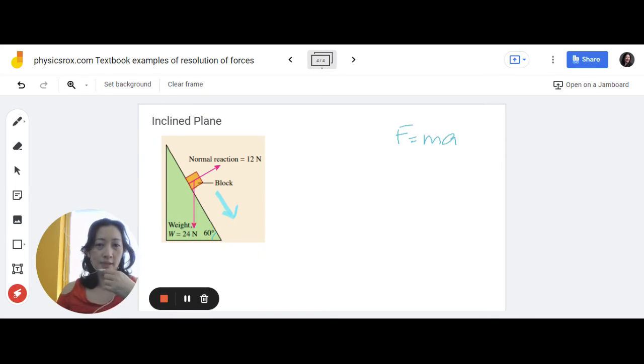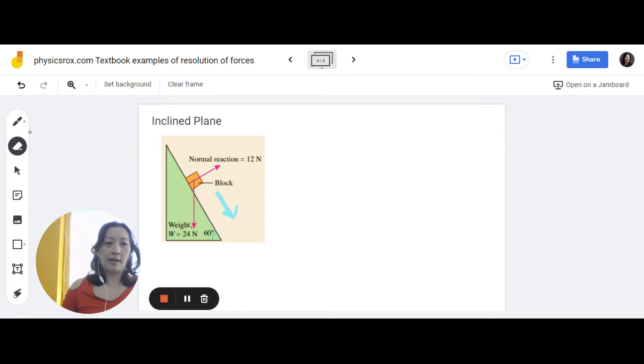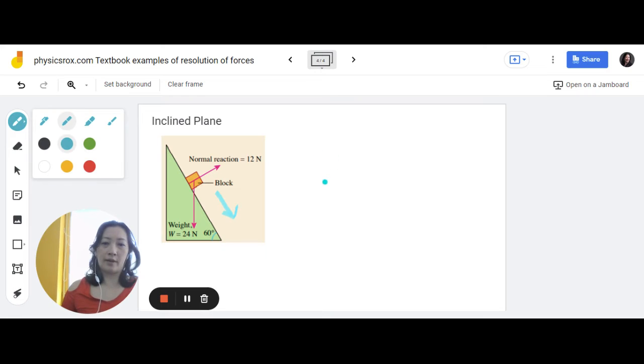The question asks us to sketch the component of the weight of the block parallel to the inclined plane and perpendicular. So in a nutshell, it's just like this. Under normal circumstances, if the force was acting in this direction, F, and we need to find the horizontal and vertical component,